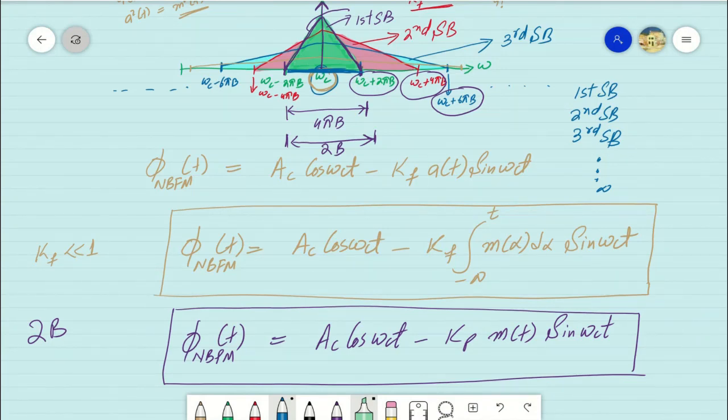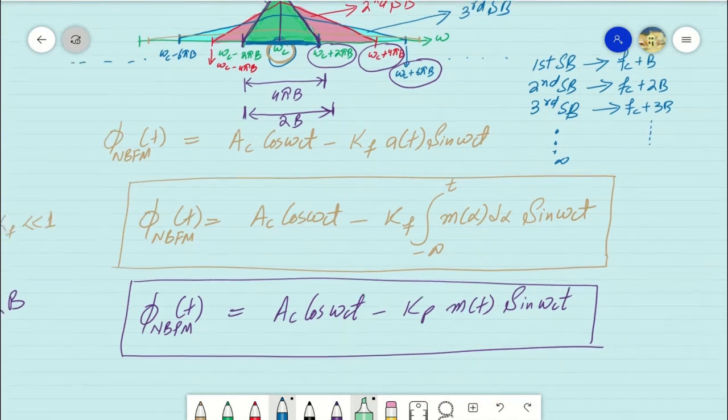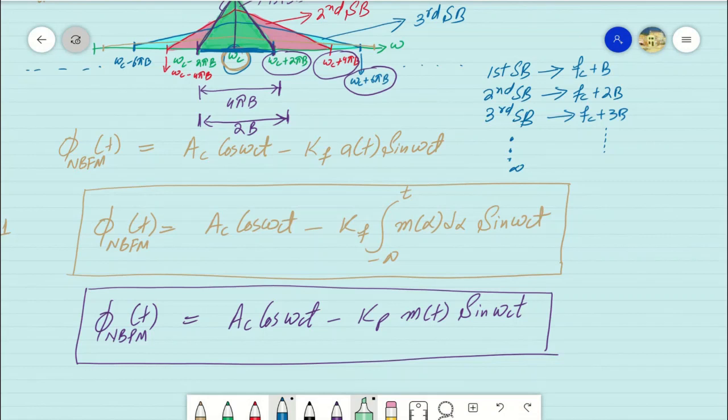In terms of f, these bands can be defined as occupying the frequency range starting from fc to fc plus b. Second band starts from fc plus b up to fc plus 2b. Third band refers to the band which is from fc plus 2b up to fc plus 3b, and so on. We have such infinite number of bands being represented in wideband signal, where we can say that the frequency of nth sideband is fc plus nb, where fc represents the frequency of carrier signal and b represents the bandwidth of information signal, and n refers to the index of sideband being referred.